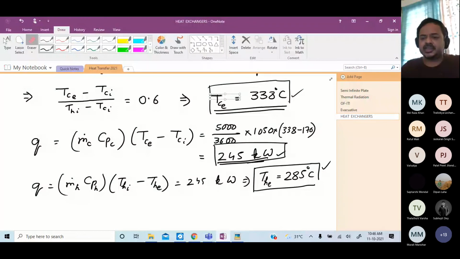So that kind of brings us to the end of our discussions on heat exchangers. As I said, I have already uploaded the problems, so you should be fine with that, and you should be able to solve most of them. Now, just on a parting note, please keep in mind that heat exchanger design is not just Q equals UA delta T. What we did was very fundamental stuff. But an actual heat exchanger design depends on a lot of things. For example,